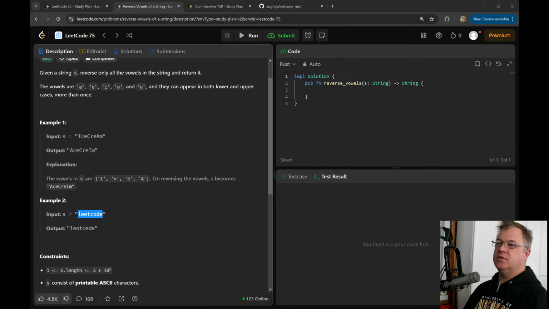Let's do this. So there's this to_lowercase. Isn't that what that returns?